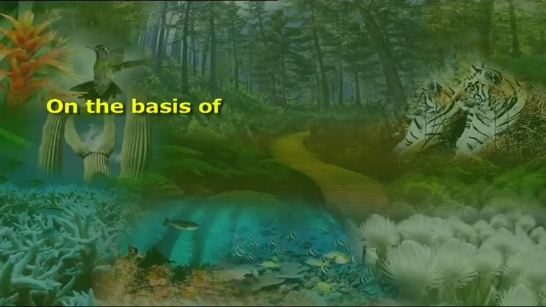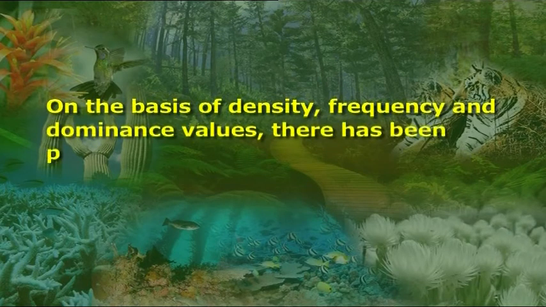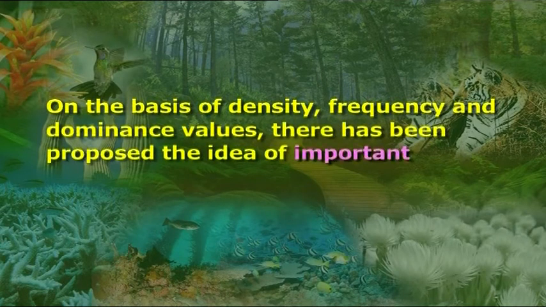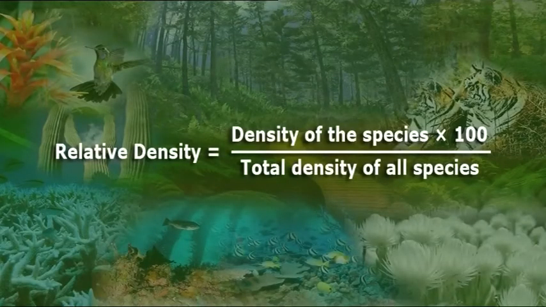Dominance. Here the dominance is expressed in synthetic forms. On the basis of density, frequency and dominance values, there has been proposed the idea of importance value index, represented by IVI. For IVI, values of relative density, relative frequency and relative dominance, that is cover basis, are obtained by different formulas, like relative density, that is equal to density of the species multiplied by 100 divided by total density of